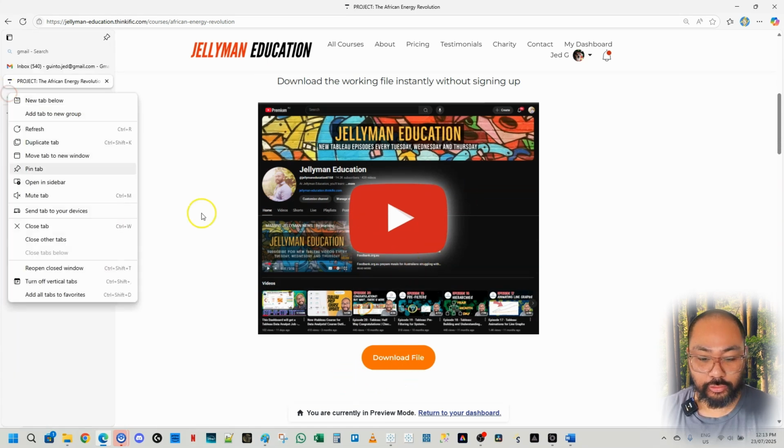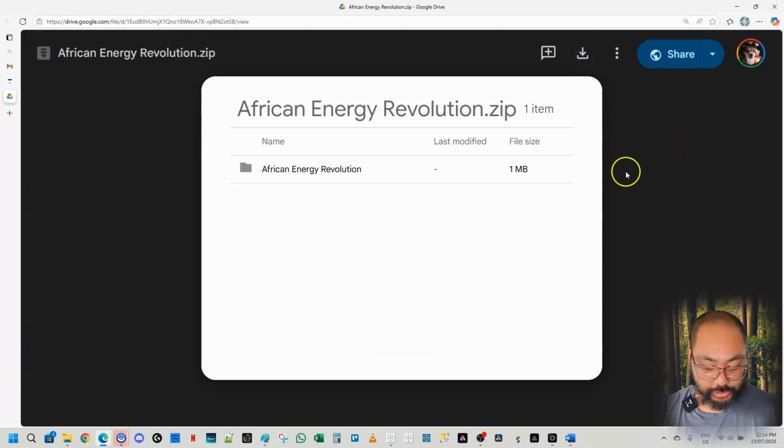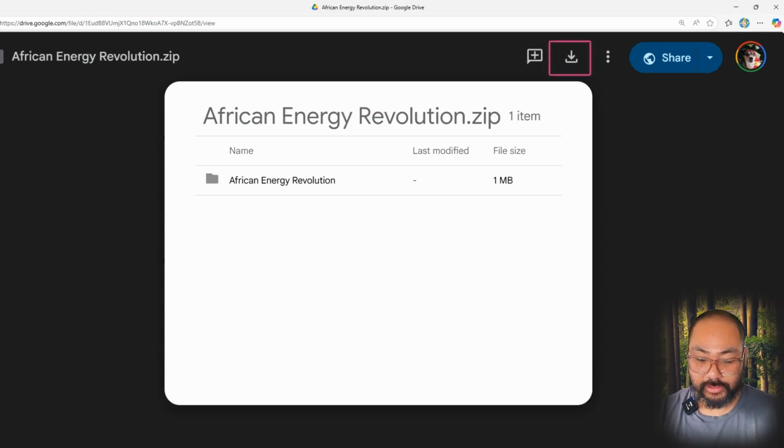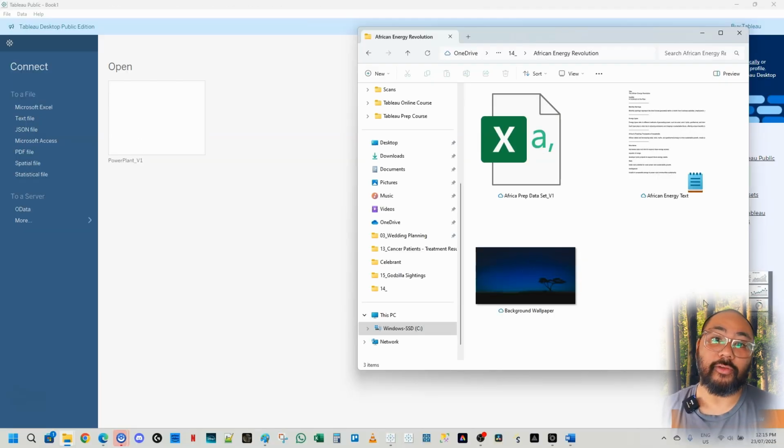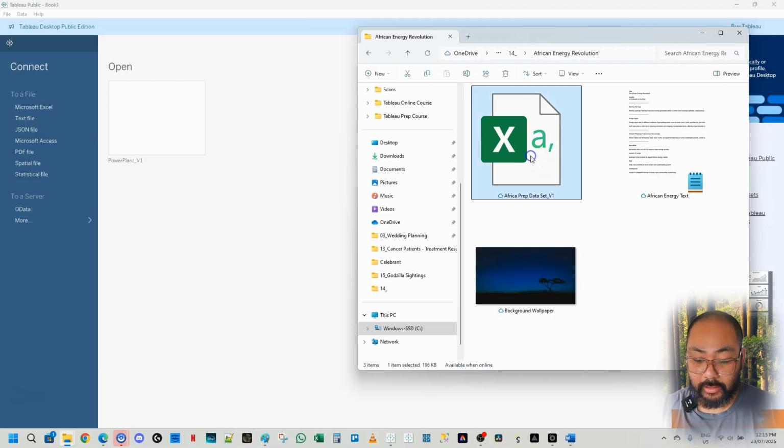It's going to take you to Google Drive. And from there, you can just click this button at the top, as you can see. And that'll give you a zip file. You simply extract it like we do in all the other videos, and you are ready to go. Once you unzip the file, you're going to have these 3 files here. The one we're interested in is the dataset itself, and we're just going to bring that into Tableau Public in